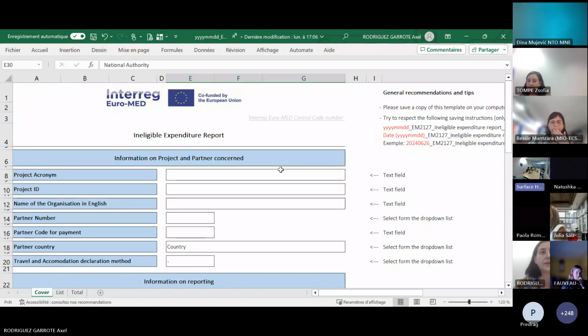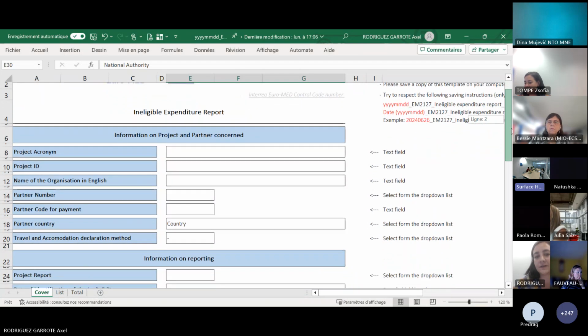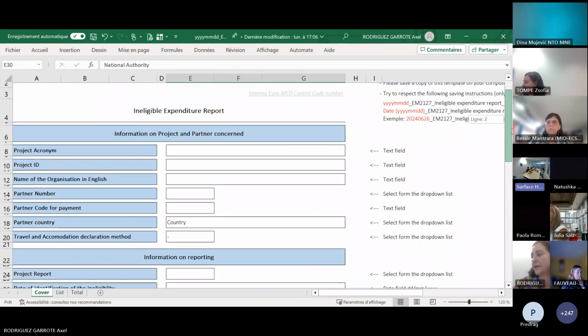It should be filled in by the lead partner if he recognizes some expenditure which wasn't related to the project and was already certified by the controller. The lead partner does not have the possibility to remove expenditures, only certificates. That's why we use this form to inform the GS to make this deduction during the verification of the project report.